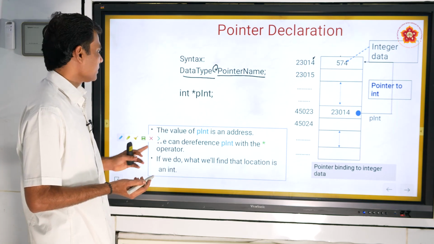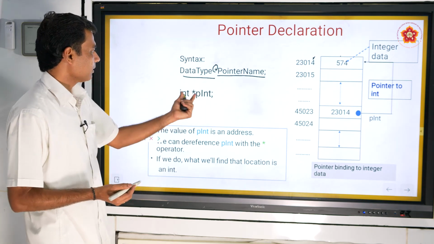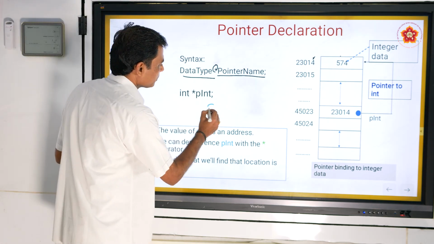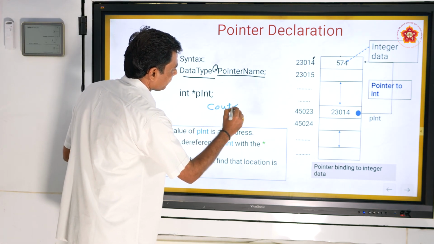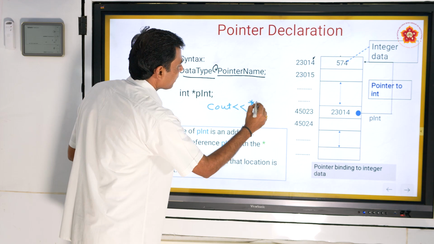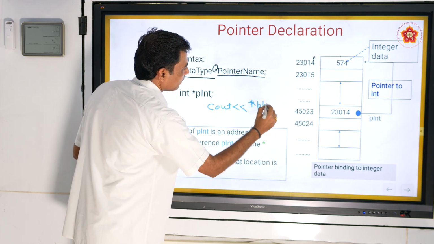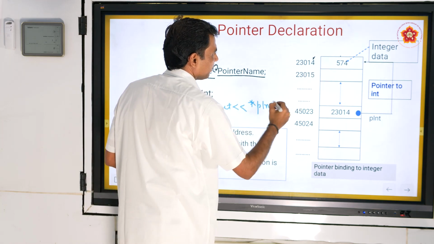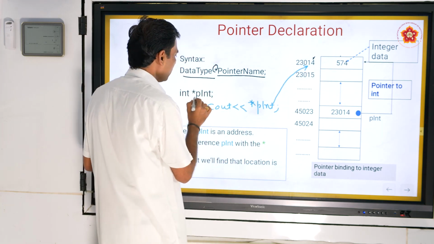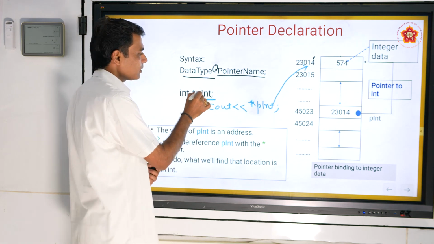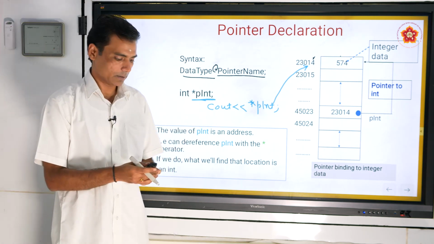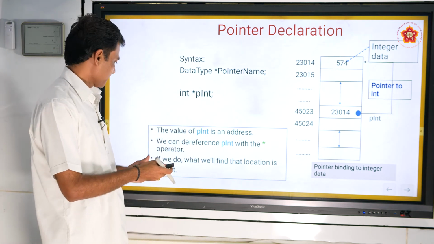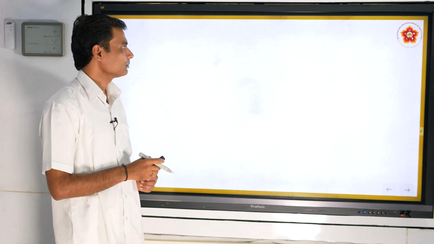It's a simple statement: use the cout statement, and if you use star p, the pointer name, it will print the contents of this memory location. Here this star is used for the declaration purpose.